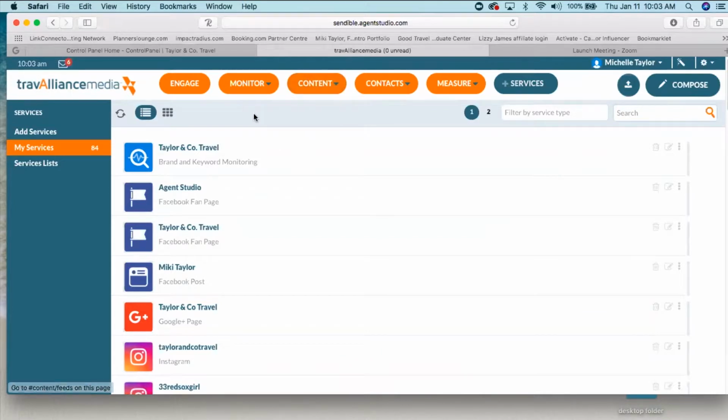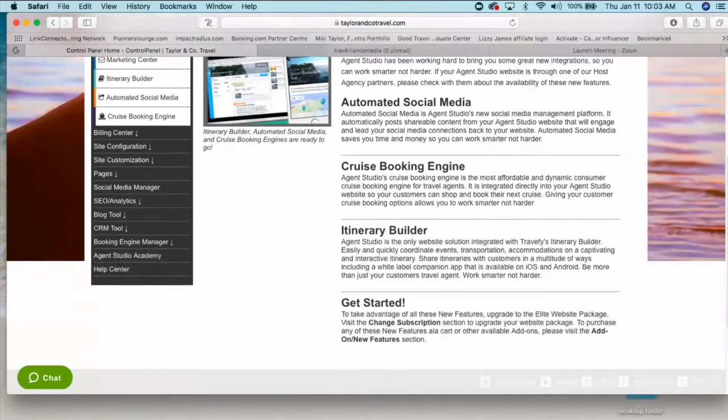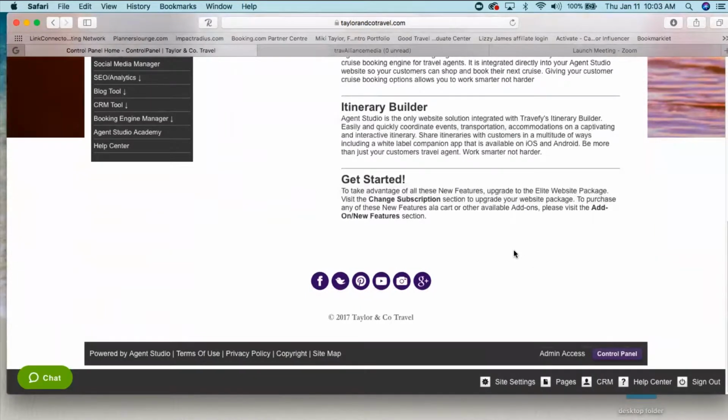Now, in case you're new, I know that there are a lot of people that registered for today's webinar, and a lot of you are new. So I want to just really quick explain to you how I got to the automated social media section. So the first thing I did was scroll down to the bottom of my website, and this will say admin.